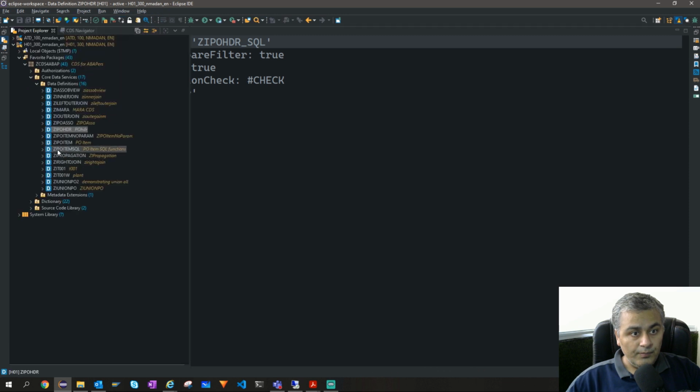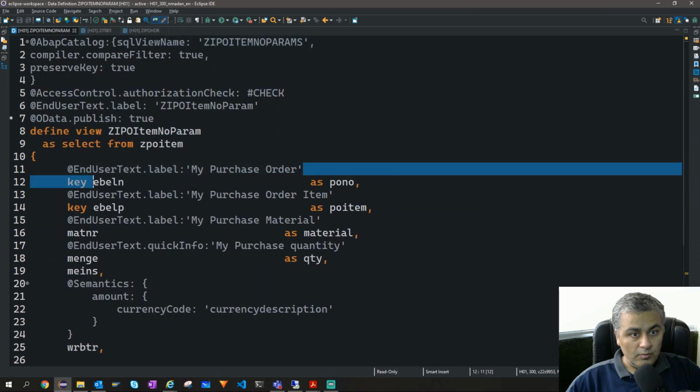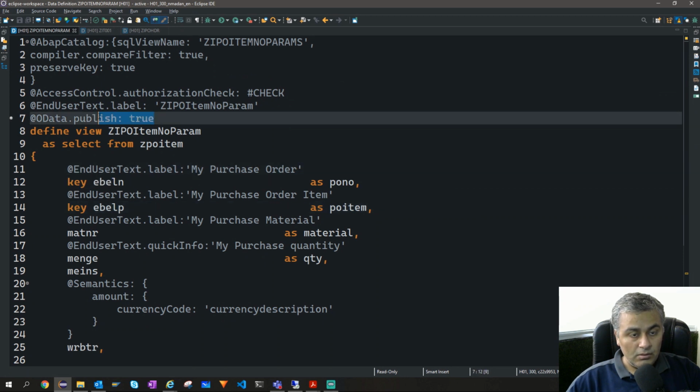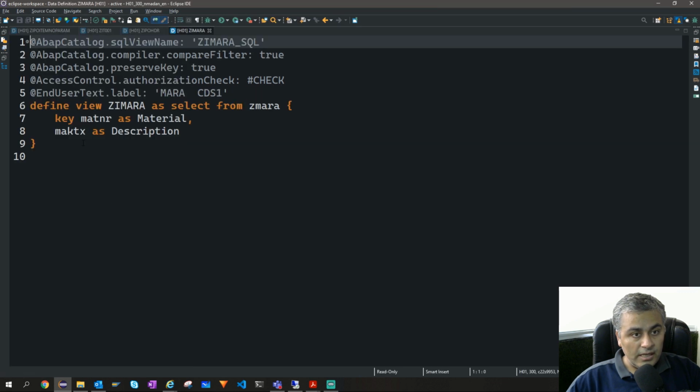And then for PO header, PO item, we can use this one. Yes, and I can remove these, and okay, this is our data published true. So maybe what I can do is that for plant, for company code, for material, we already have our interface